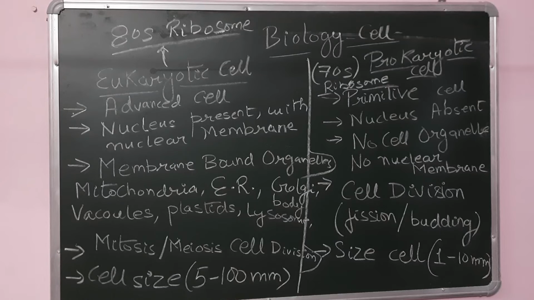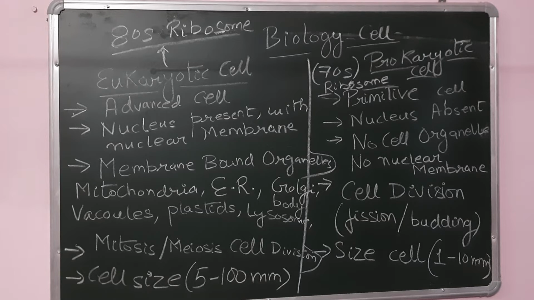Okay, so this is your part 2 cell in biology. Now, what are eukaryotic and prokaryotic cells? First, let's talk about the prokaryotic cells. Prokaryotic cells, as the name suggests, pro means the previous one. So this is the primitive cell that is